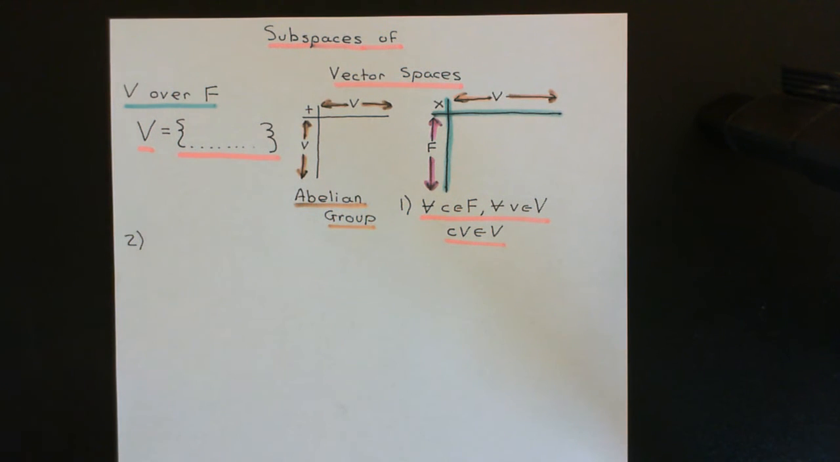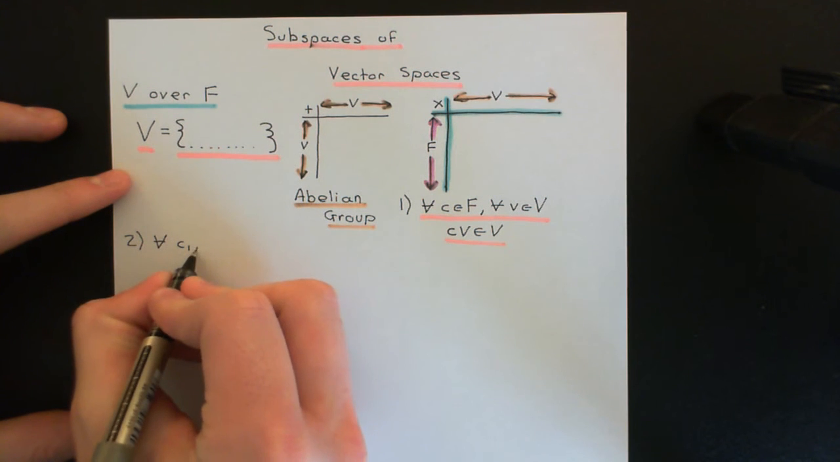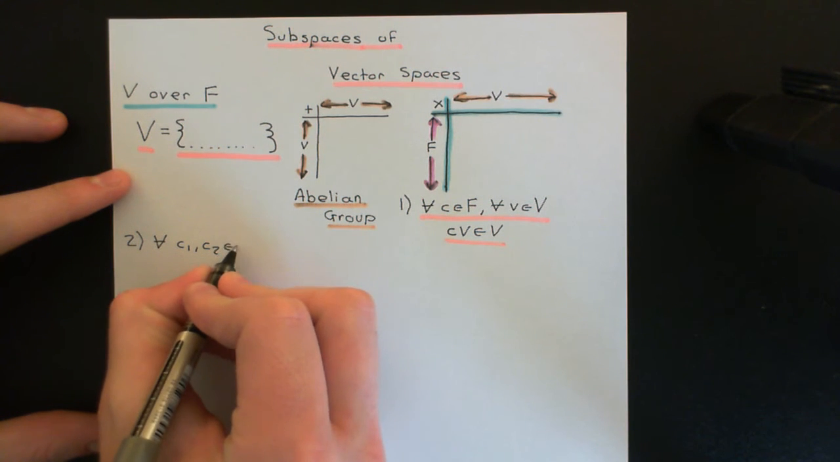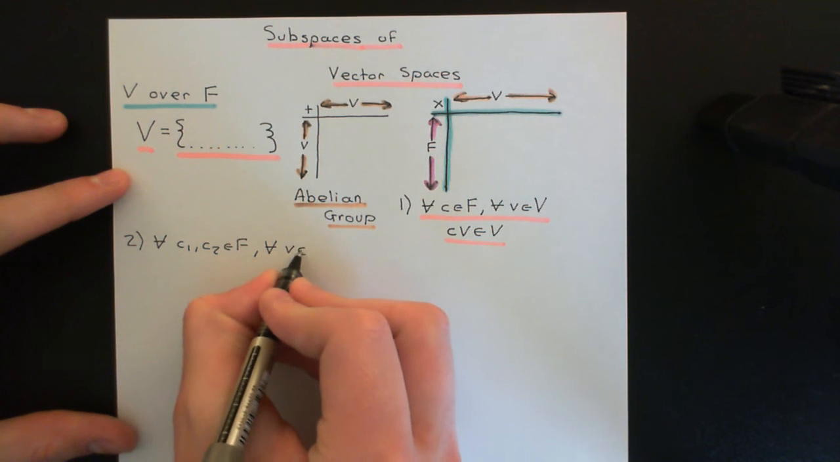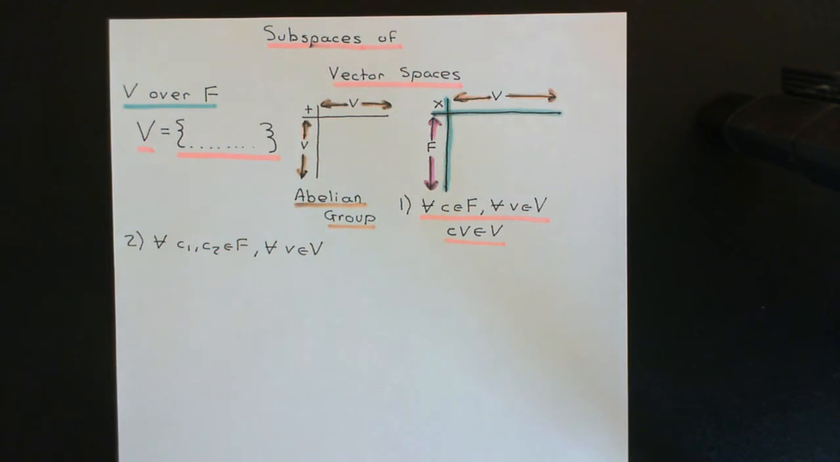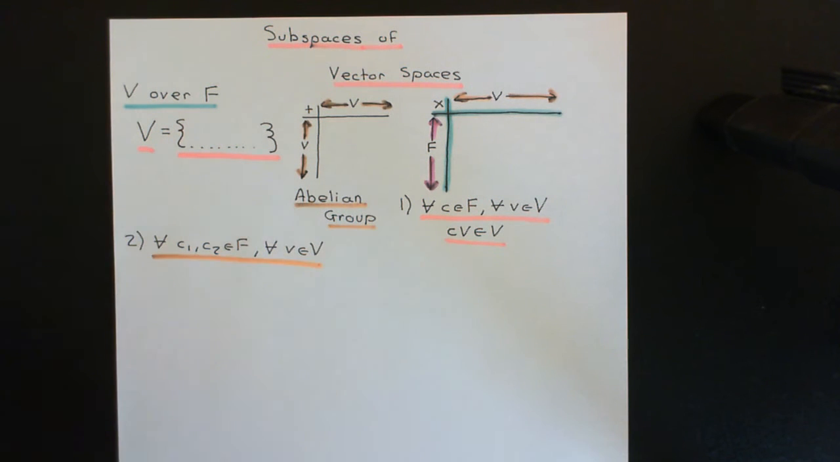Axiom number two then, that the scalar multiplication composition table must obey, is associativity. This says if you pick any two elements of the field, so I have C1 and C2, which are two elements of the field, and you pick any vector from the vector space, any little v that is an element of the vector space capital V, it needs to be the case that scalar multiplication associates with